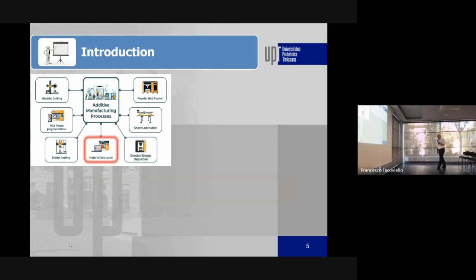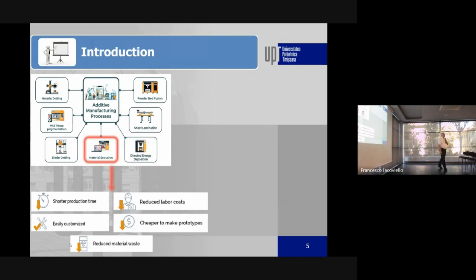If we are talking about polymeric materials, we have different techniques which differ in the initial state of the material. For example, for material jetting or photopolymerization, the material initially is liquid; for material extrusion or sheet lamination, the material is in solid form; and for the powder bed fusion methods, the material is in powder shape. So we use